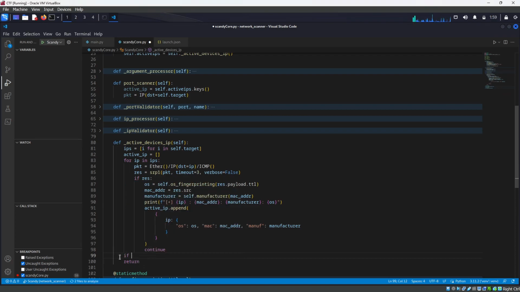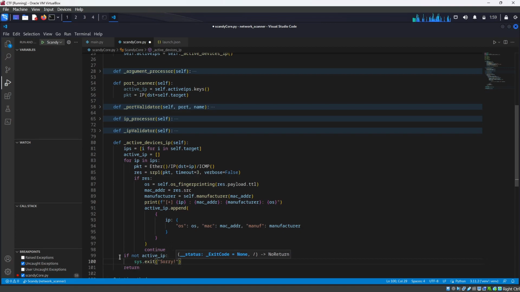So let's say, if not active IP, that means if it is empty, then sys.exit and print out something nice saying,